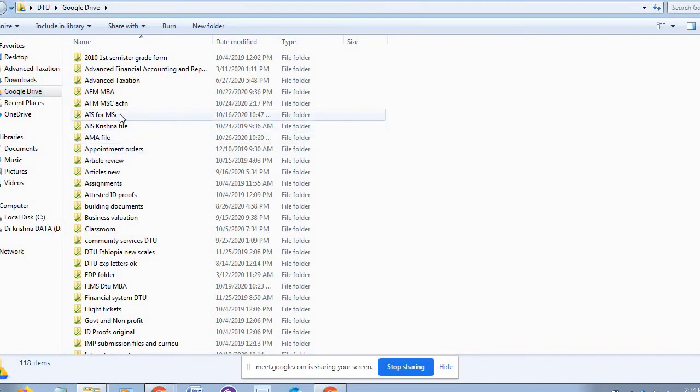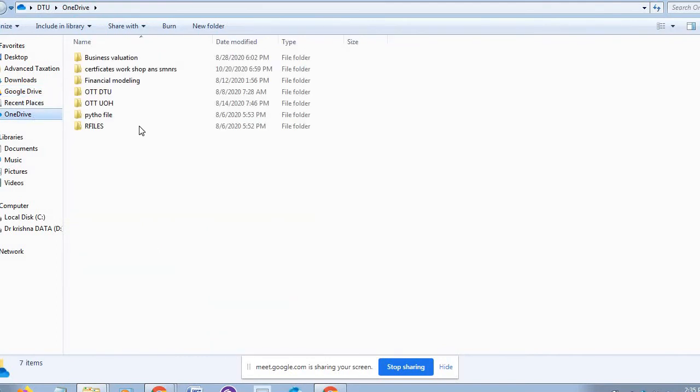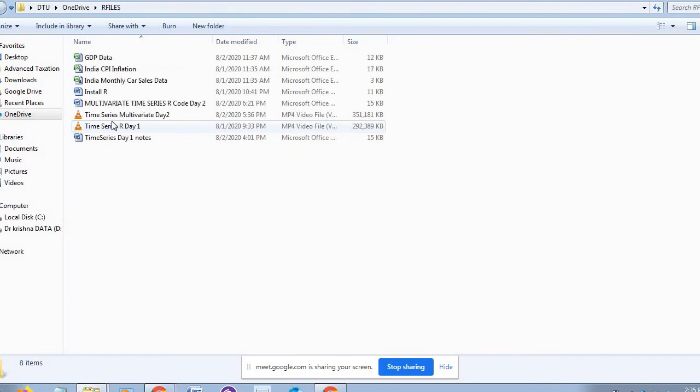One more thing here. Are you able to see this OneDrive? I have installed my OneDrive also. Let me open this. Here you see R files, Python files, R software files, videos and all.